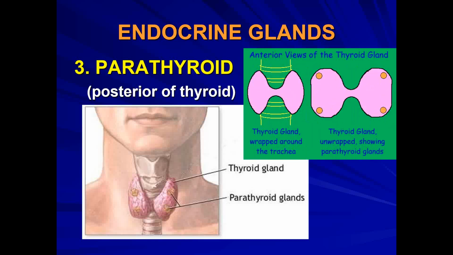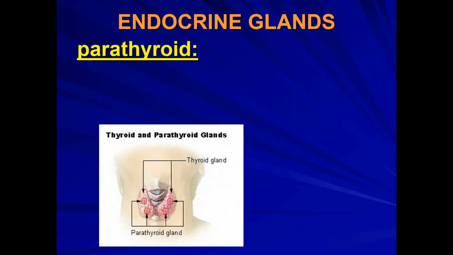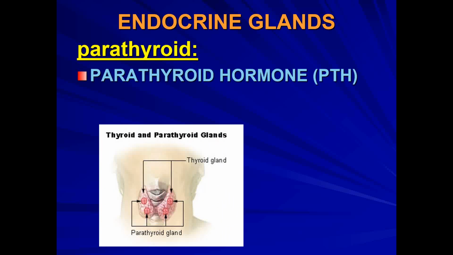If we look at this in a slightly different way, the pink tissue here is the thyroid. If we were to flip it around and look at the backside, the little orange areas, there are always two on either side, two patches, so it looks like 4 dots. Those are the parathyroid tissue. And the good news is parathyroid only secretes one hormone. That hormone is called parathyroid hormone. Let me abbreviate that PTH. So the parathyroid gland produces parathyroid hormone.